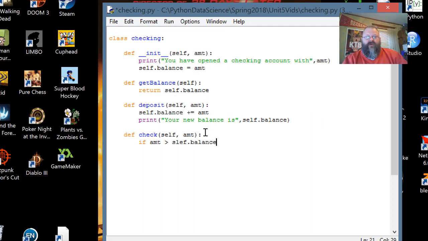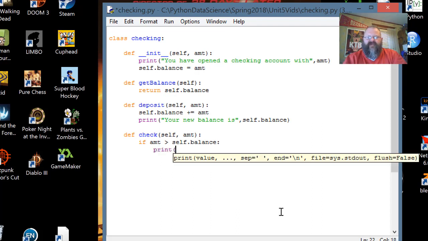That means I got a problem. Well, I obviously have a problem with spelling today. That means I've got a problem, because that means I'm trying to cut a check for more than I have, and I can't really do that. So what I'm going to do in that instance is I'm going to say print